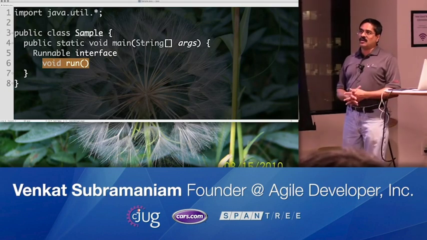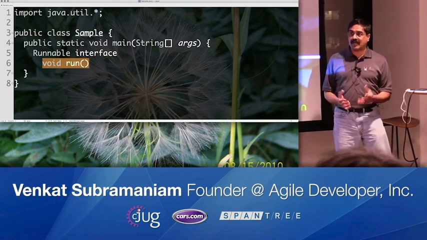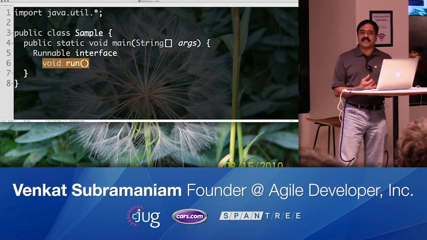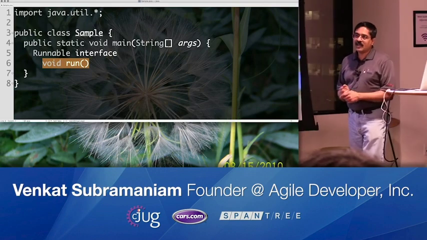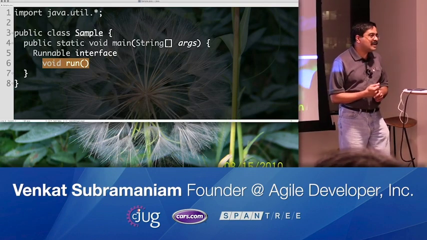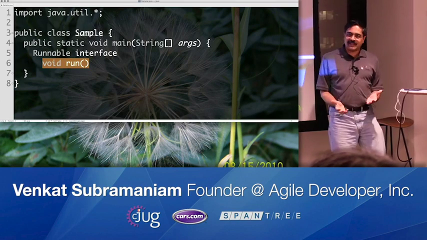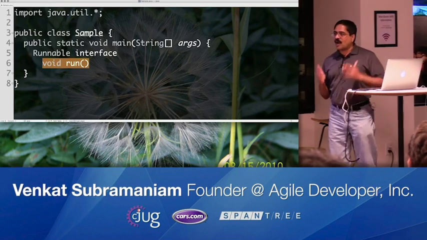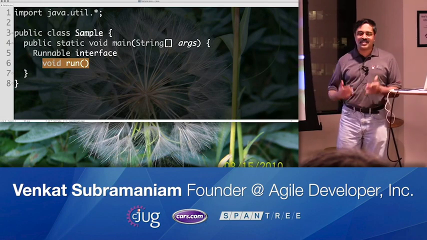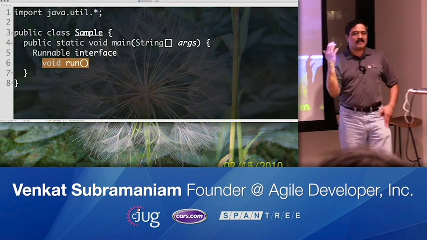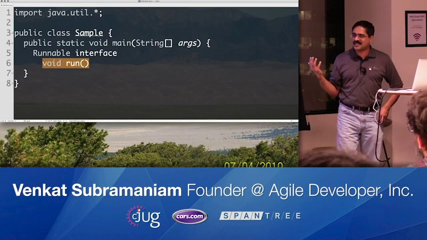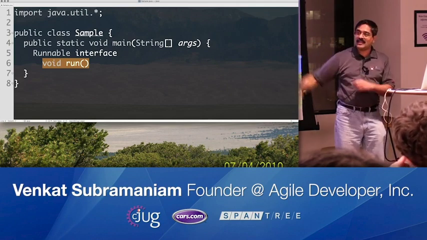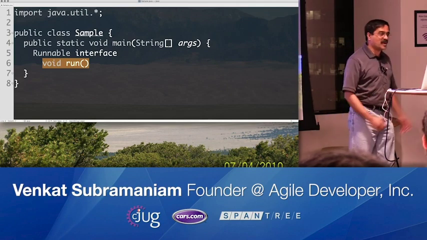Now, one of the things we learned early on is that we should avoid shared mutability, because shared mutability is a really bad idea. Now look at the irony. What does the run method take as an argument? Nothing. What does it return? Nothing. How rude. It won't take anything and it won't return anything. So the only way you can use Runnable is by doing the very thing that we should never do, which is introduce shared mutability, right? This is predictably irrational, isn't it? Because if you start a thread, how do you send data to it? Well, you can't, because run won't take anything. How do you get a response back from it? Well, you can't, because run won't give you anything.